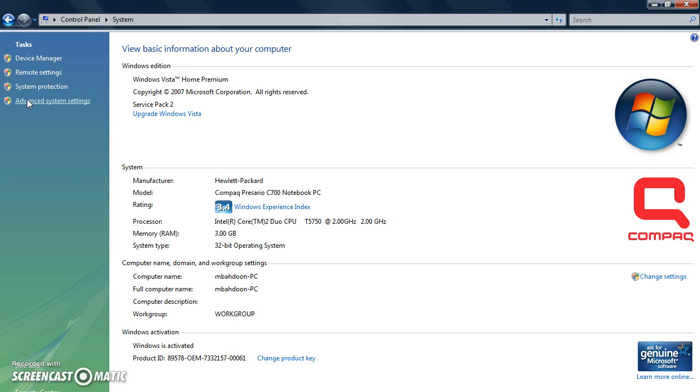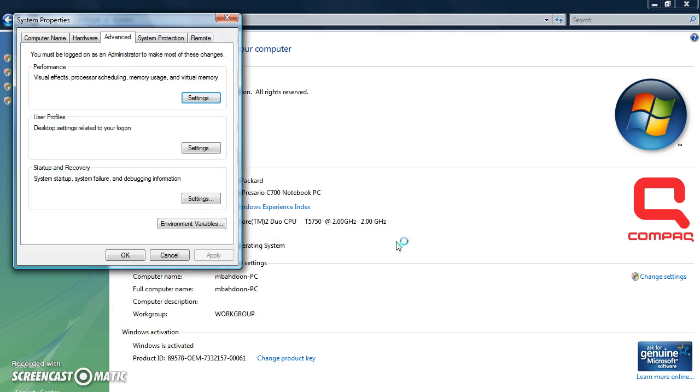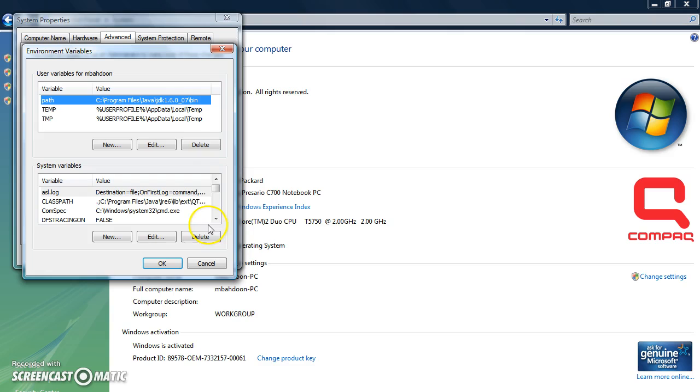Of course it's going to ask you to continue, and then we need to go to environment variables. We need to tell the computer where to find the Java program that we already downloaded. This is the one I already put here, and then you click here.